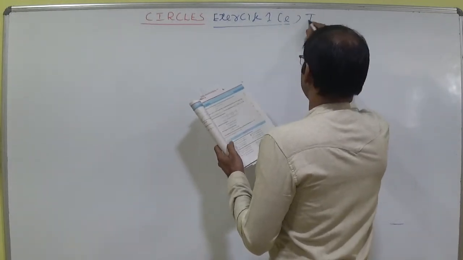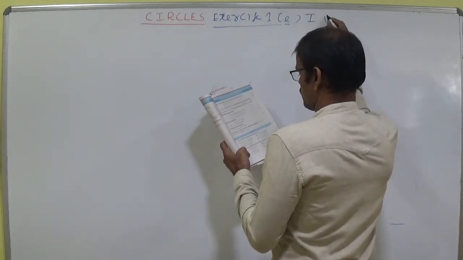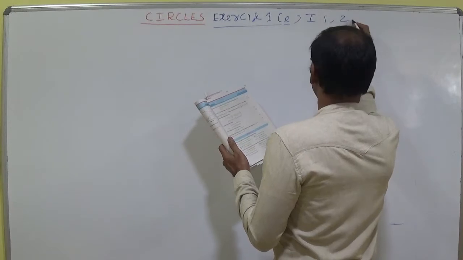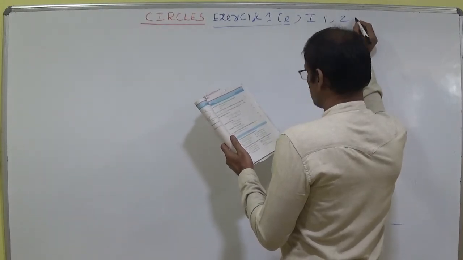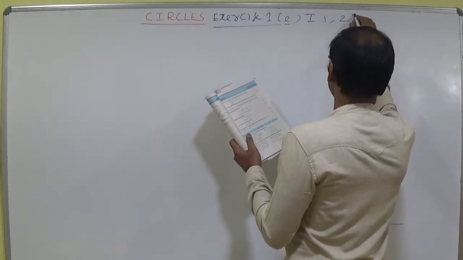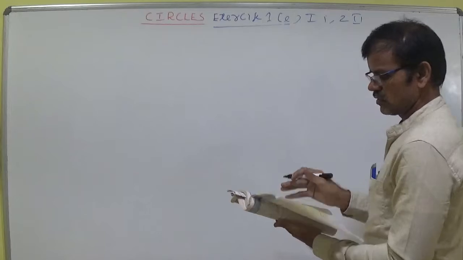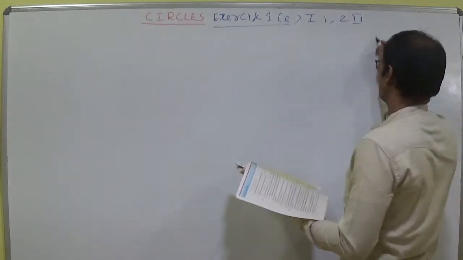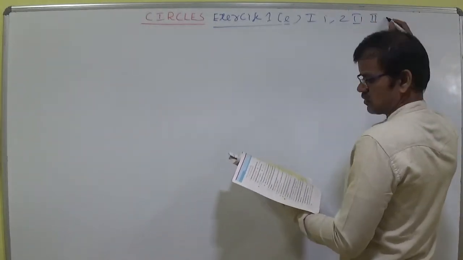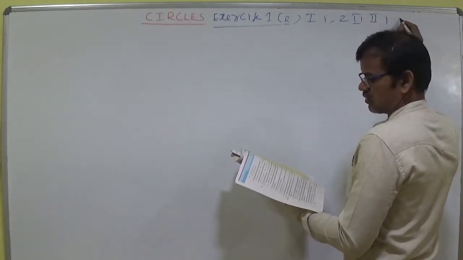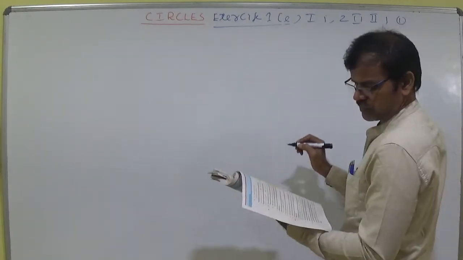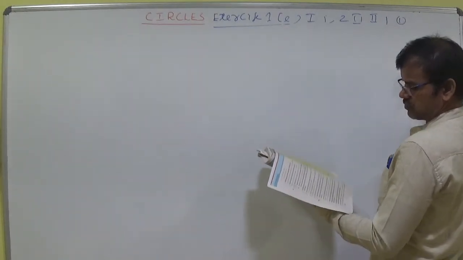Let us put a schedule. Roman number 1, first one. Among Roman number 1, general number 2, second one. Roman number 2, in 1, first one, and 2, 3, 4 also.